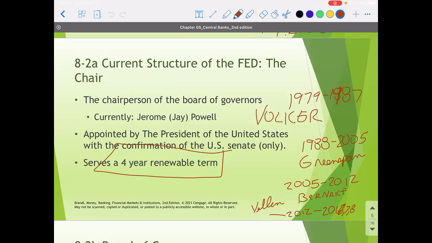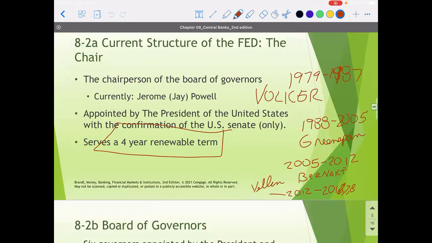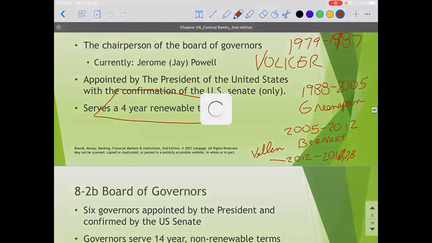So, we create a safety system that basically says that the Federal Reserve chairperson has a term that's going to last the life of the presidency. And generally speaking, when that's not followed, when the central bank is not independent, that generally leads to higher inflation. And the reason why is because